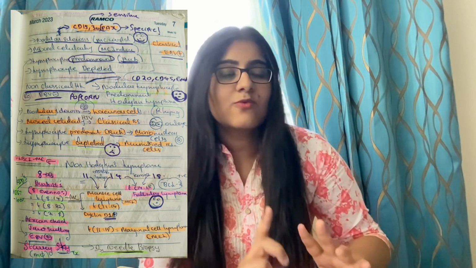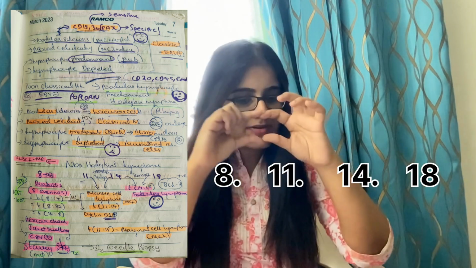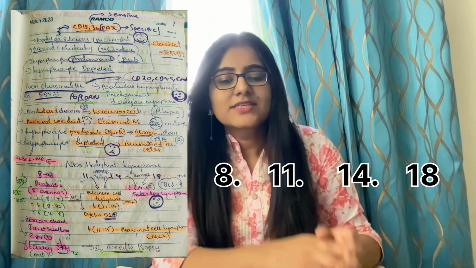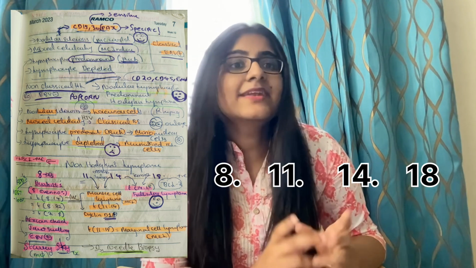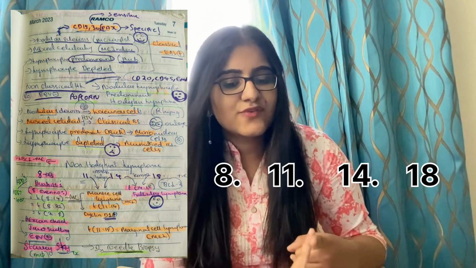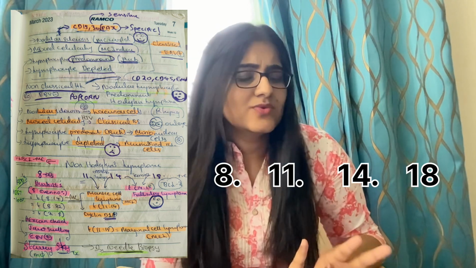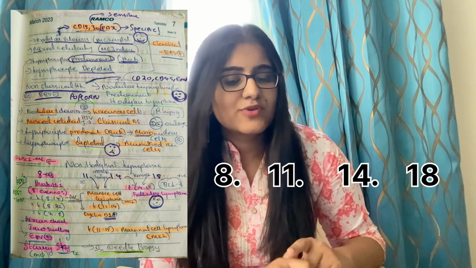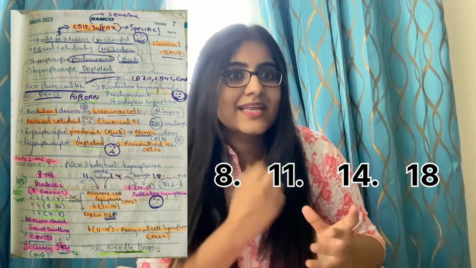So now non-Hodgkin lymphoma, I'm telling you 8, 11, 14, 18. 8, 11, 14, 18. So write numbers like that in your mind. 8 will be connected with Burkitt's, and 8 with an even number will be the translocation. That means translocation 8:14, translocation 8:22, anything even number. Translocation 2:8. Okay, so 8 with an even number is Burkitt's. When you remember Burkitt's, you should remember the African kid with jaw swelling, right?